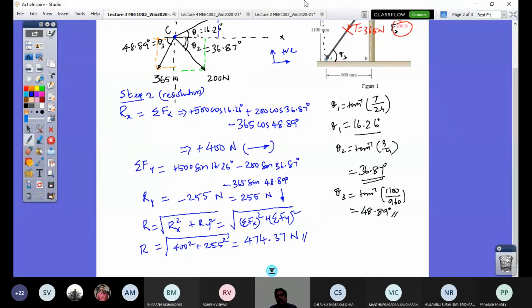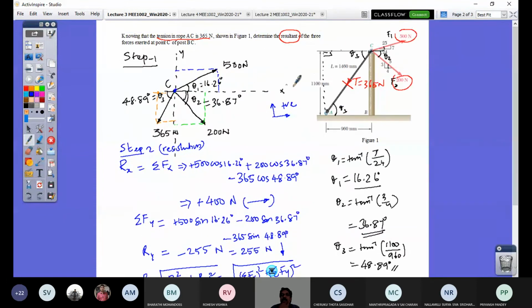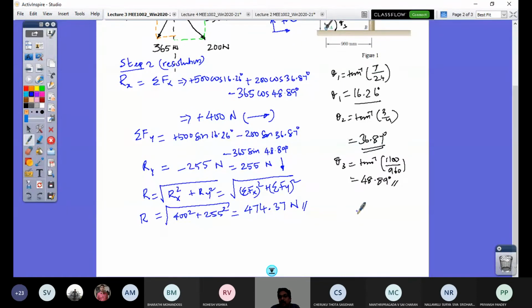So this is the magnitude. So where is it going to act? It's going to act at point C only. This force is going to act at point C because it is a concurrent system of forces. So the given problem, the post BC, this is C, this is B, is now replaced by a single force, and that single force's components are what we have calculated. One is 400 Newton,